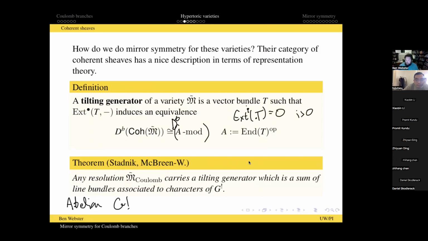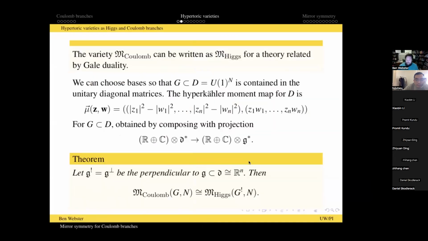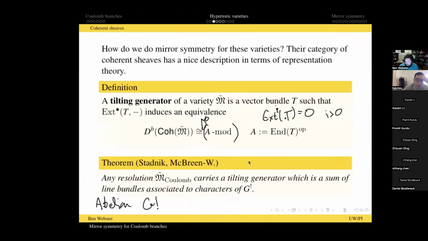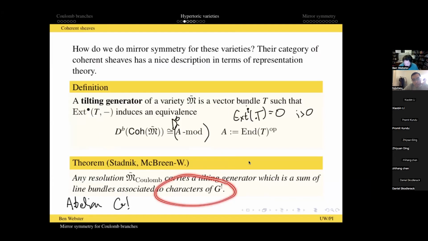And how do I construct line bundles on this guy? Well, if I think about it as a quotient, then I can construct line bundles on it by looking at one-dimensional representations of the group I'm quotienting out by. So I look at characters of the group I'm quotienting out by. Well, but these resolutions, they are non-compact, right? They are smooth. They're very non-compact, yes.